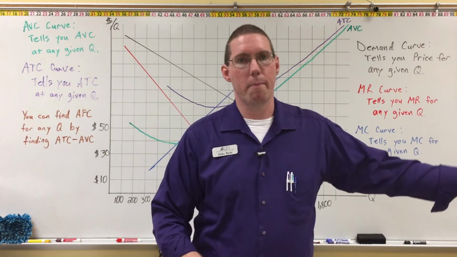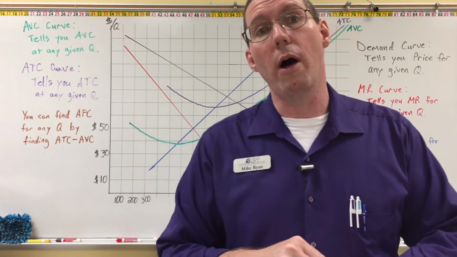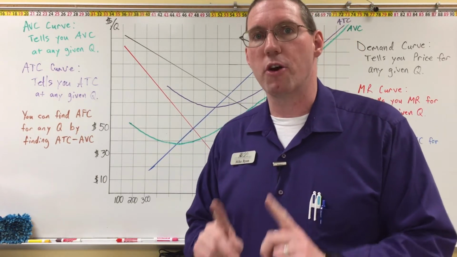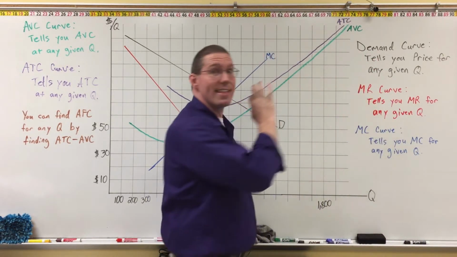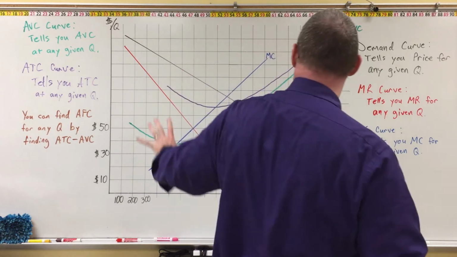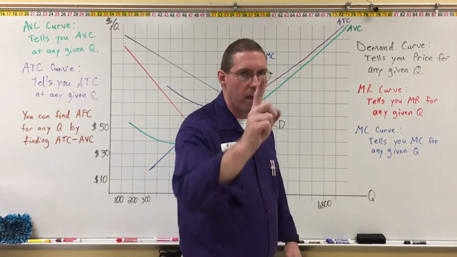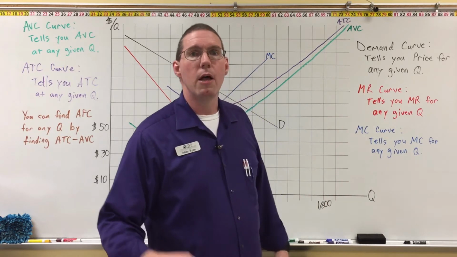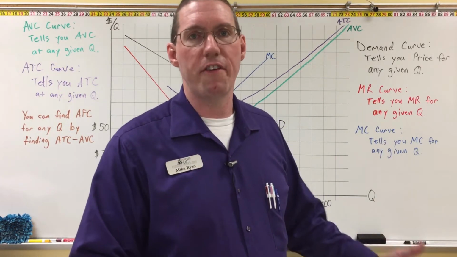And if you go all the way back to Unit 1, you don't have to go all the way back, but I want to remind you of something that we learned in Unit 1, that the ideal profit maximizing quantity is always the quantity where marginal revenue is equal to marginal cost. And so what I want to do now, looking at these graphs, is introduce to you another job of the marginal revenue curve and the marginal cost curve. Together, these two curves determine the quantity that is to be produced by that business,